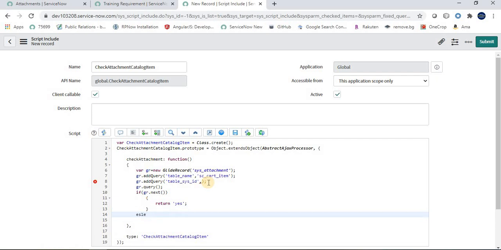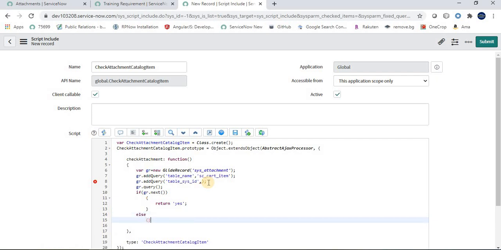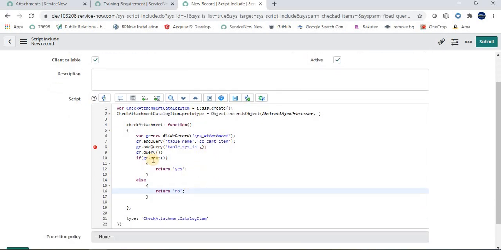Else, if there is no value, then return no. I think this code might be clear: we are doing a GlideRecord for the sys_attachment table. We are saying where table name is this, and the table sys id is basically the GUID of a catalog item. Then perform a filtration, and if there is a record, return yes, and if there is no record, return no. So this will tell us whether we have an attachment or not.